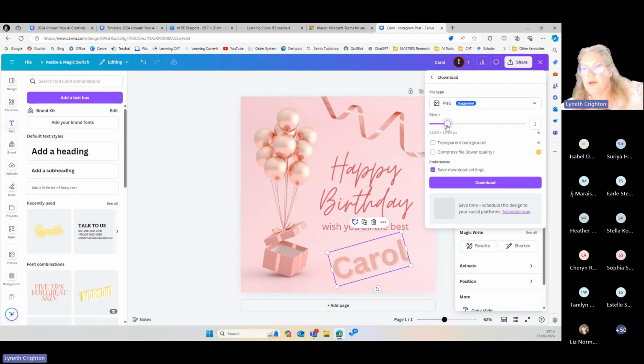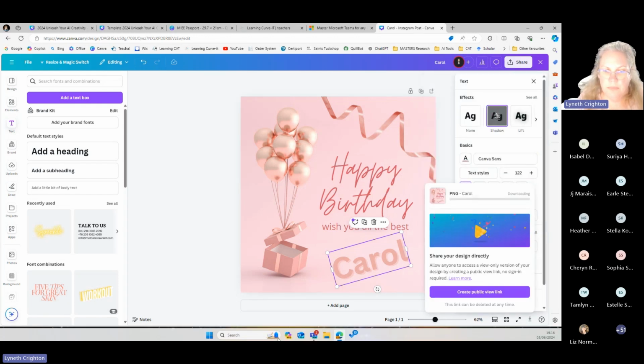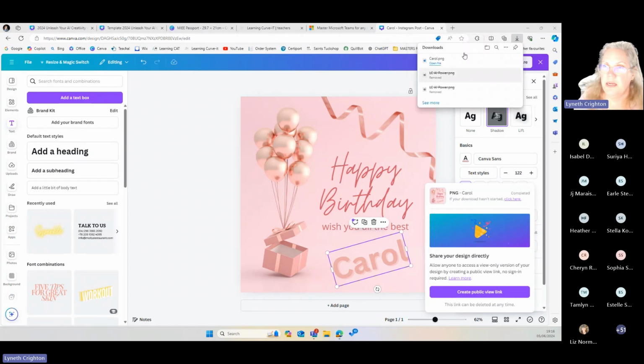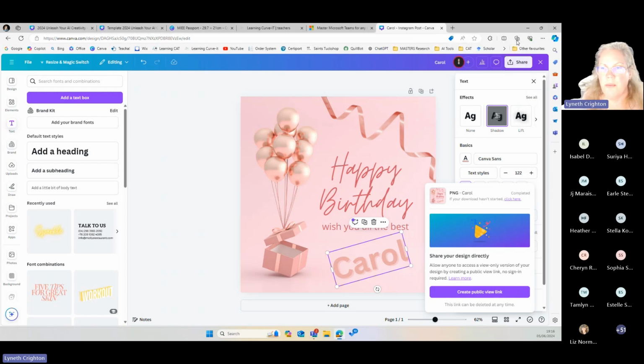This changes the resolution, in other words, how detailed your image is and how big. But if we were using it on a phone or to send as a WhatsApp, the normal size is quite fine. You would download it, and it would pop up in your camera roll. You can save it to your camera roll, and then you can WhatsApp it to a person.